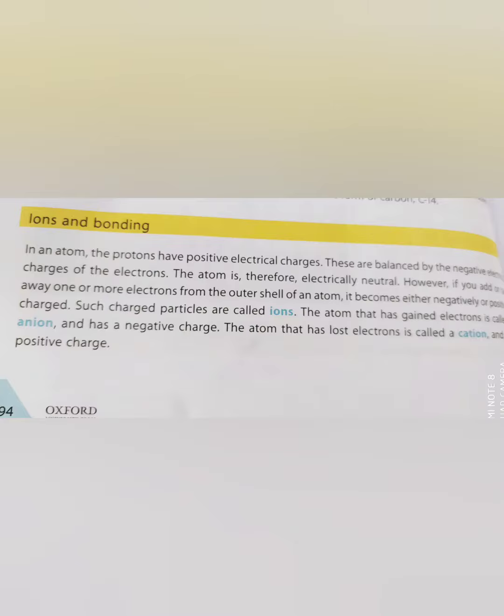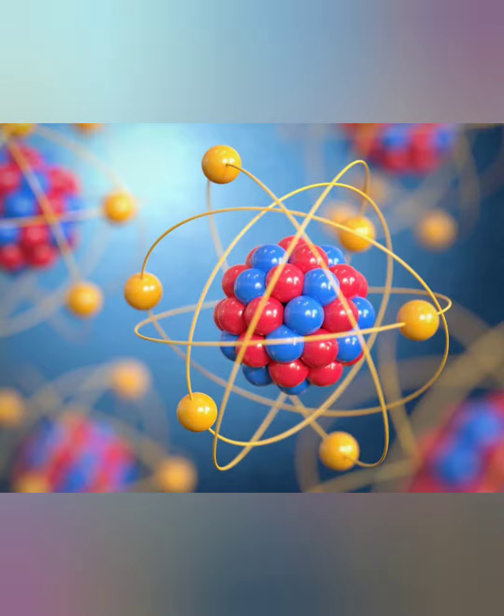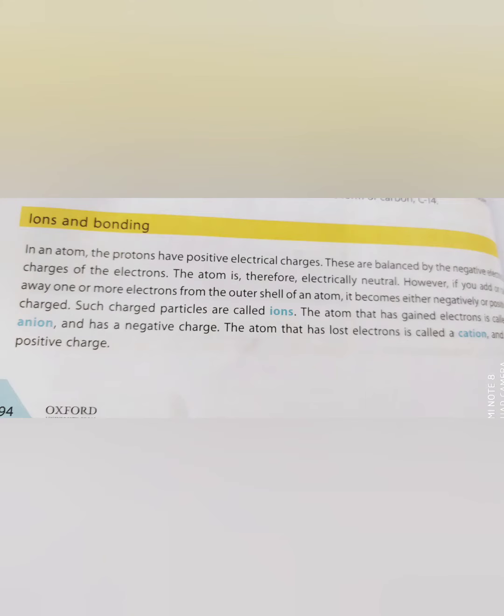Yesterday in atomic models we have studied that some of the atoms' outermost shell has 1 electron, some have 2, some have 7. If they should be stable, then their outermost shell should have 2 or 8 electrons. Otherwise they have to make bonds with each other, because that type of atom which has less than 8 or 2 electrons in the outermost shell is unstable.